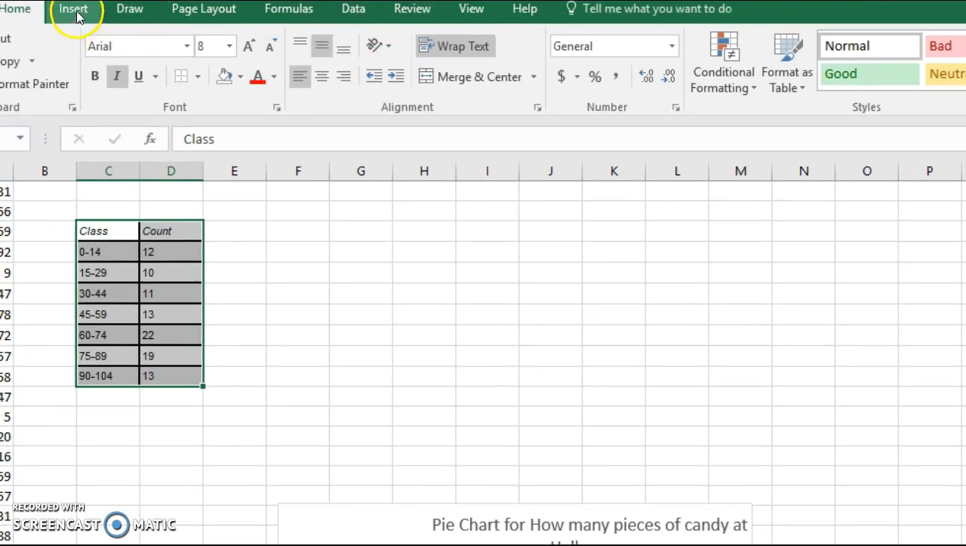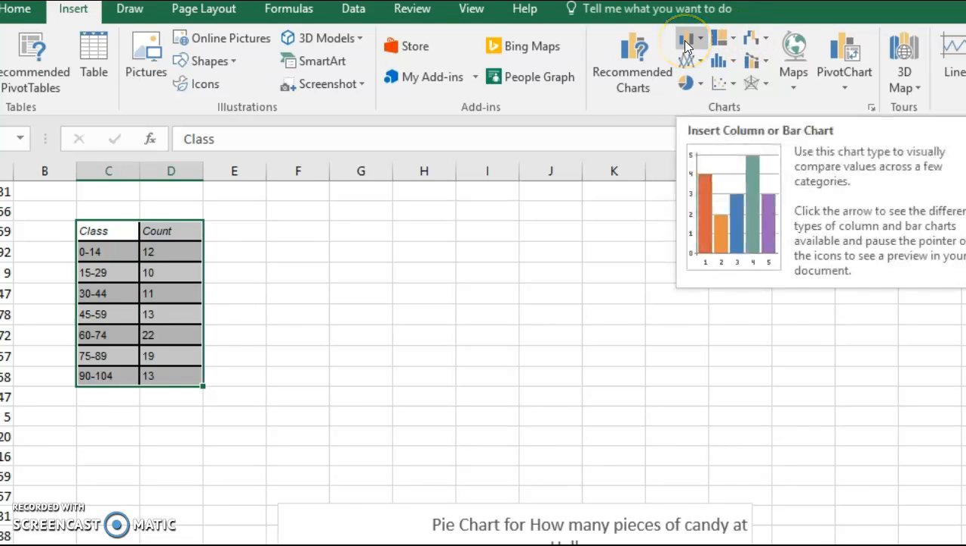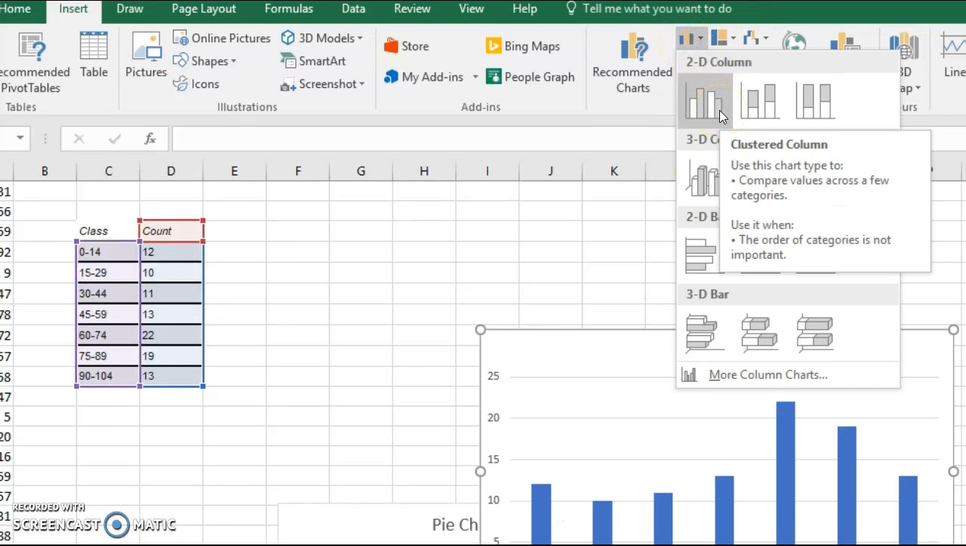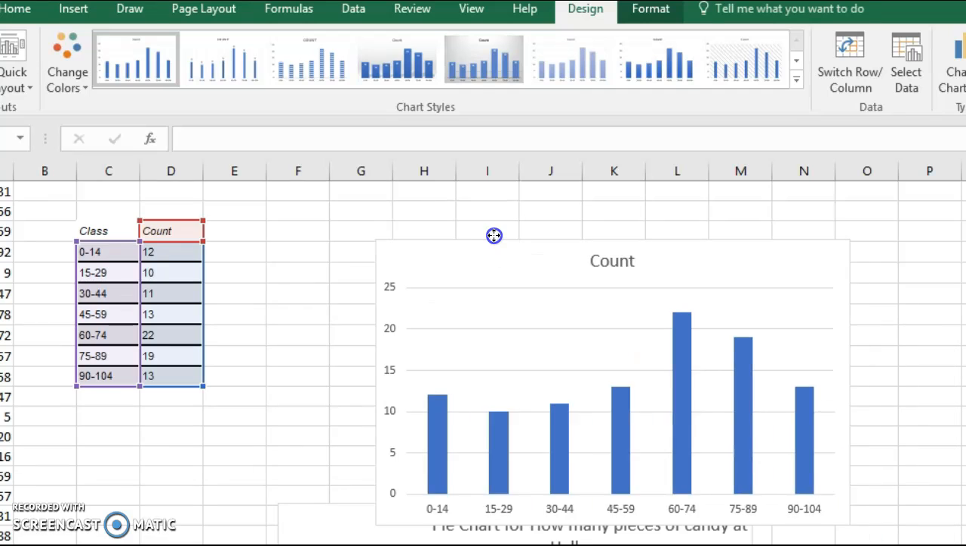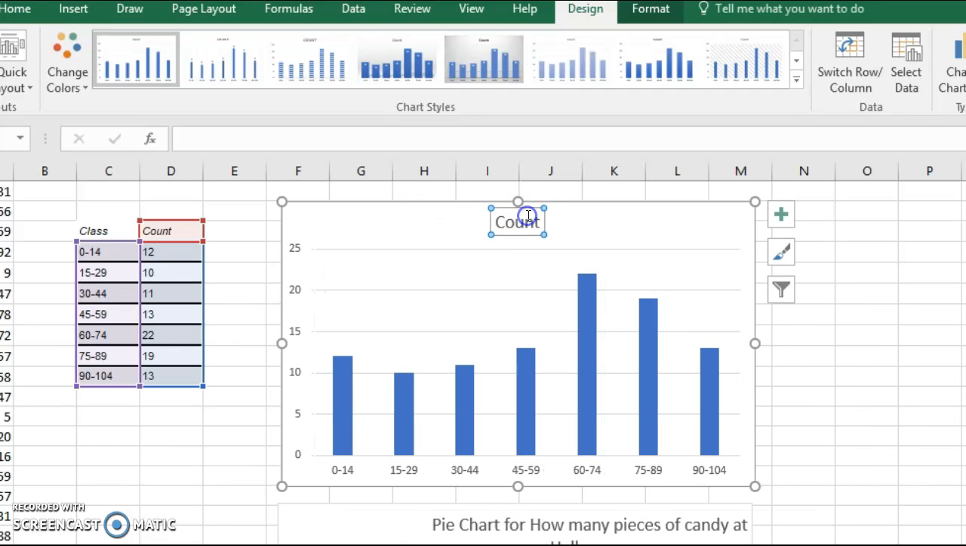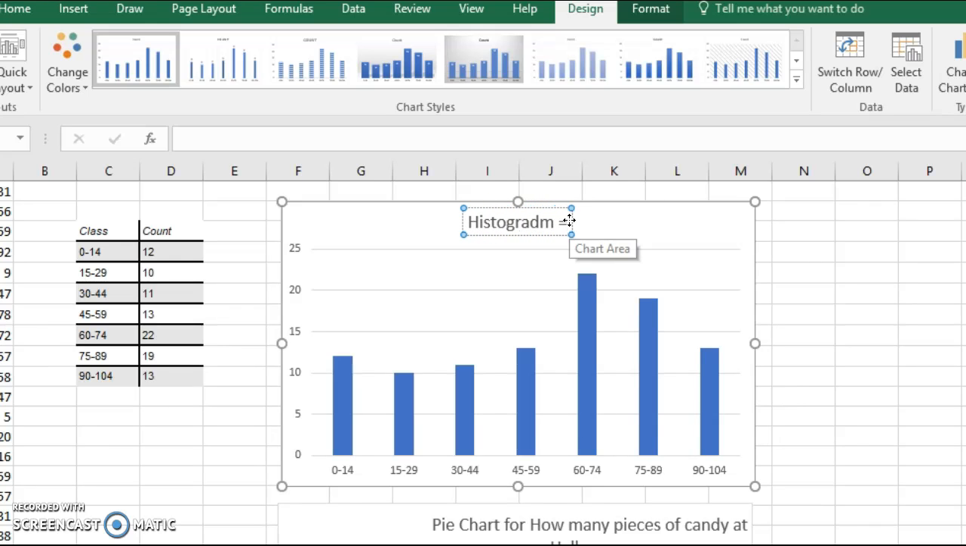I am going to choose Insert again. This time I want a histogram. So I'm going to choose my histogram. And now I have a different representation. Now this is going to be a histogram of pieces of candy